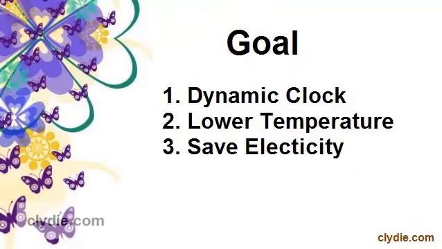At this occasion, I would like to explain to you how to use K10 state, or in short, K10. K10 is a powerful tool to undervolt, underclock, overvolt, and overclock your AMD processor. The goals are to adjust processor clock according to your computing needs dynamically, to lower the temperature and to save some electricity, because today's processors are too powerful for general use.